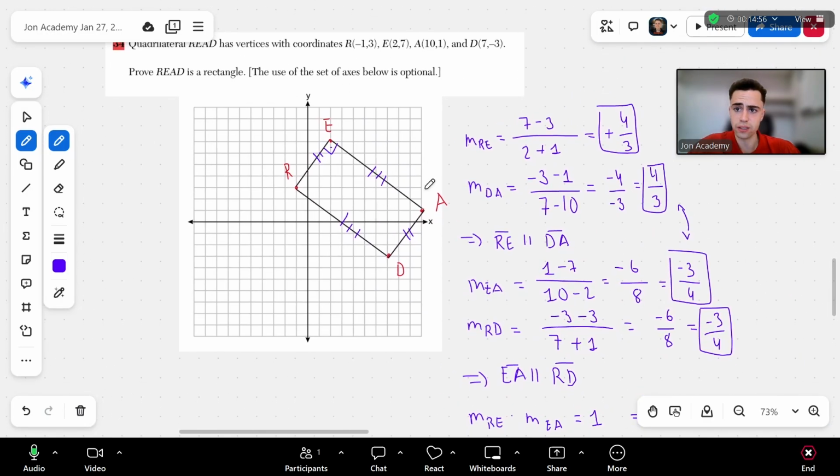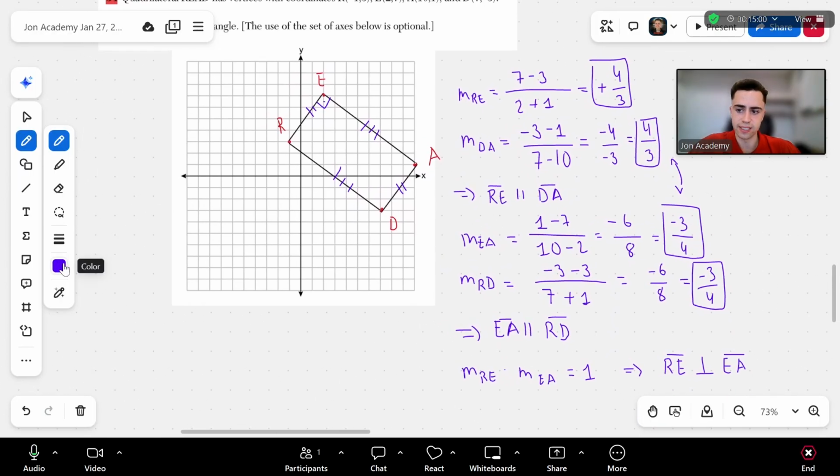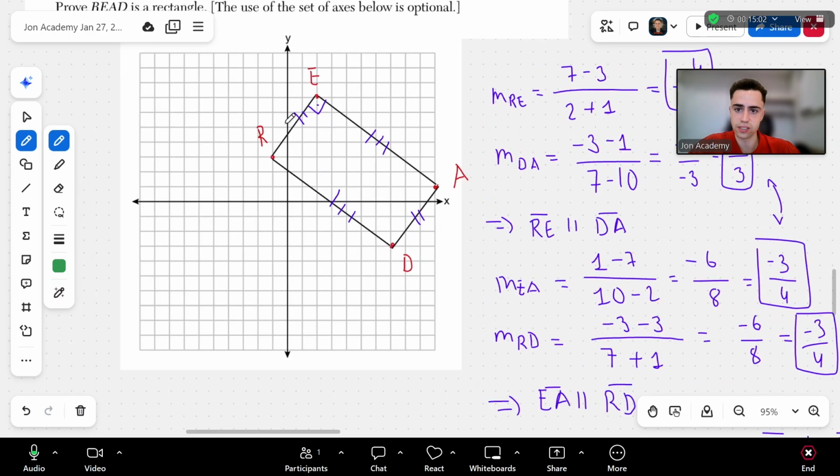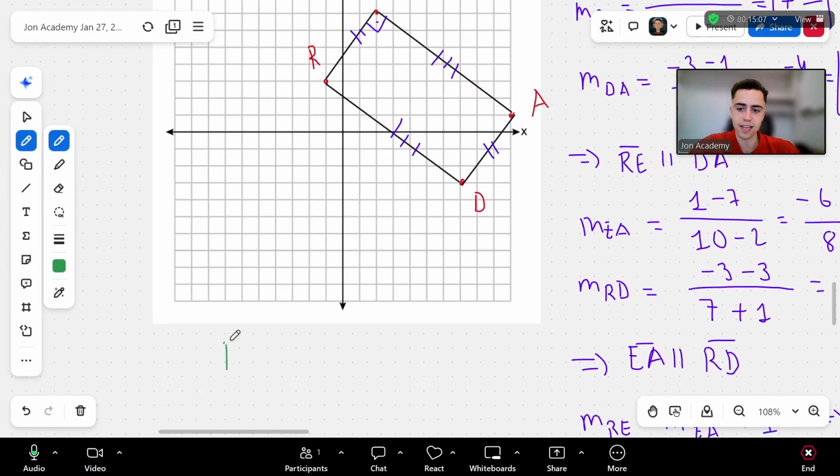Or in the quadrilateral, no? In this case. And now we have to also check the distances. So let's check the distances. We need to see that sides RE,